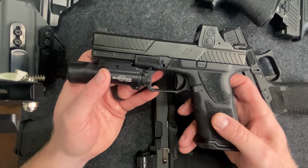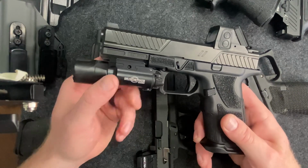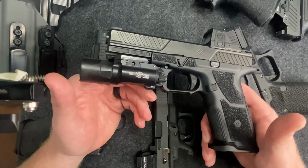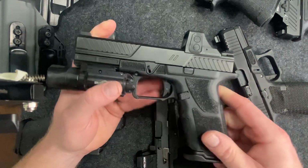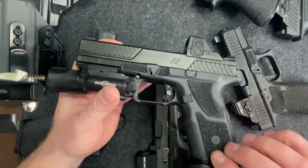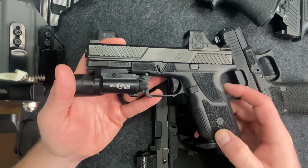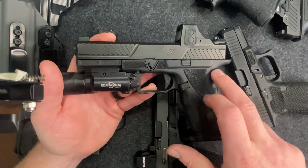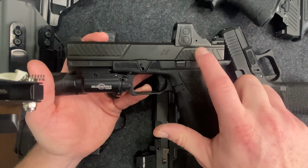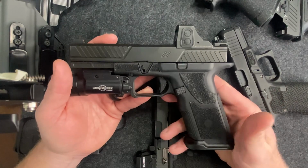And then the really cool thing, you can see good slide work right here, but the really cool thing about them is they have a fire control unit and it's metal. And I assume that's why it's the flattest shooting, why it shoots flatter than a Glock or a Shadow Systems, which already shoot pretty flat. But this one shoots the flattest, and I'm assuming it's because of the extra added weight of the fire control unit. They come standard with a RMR cut, which is a really good cut, but I will go ahead and